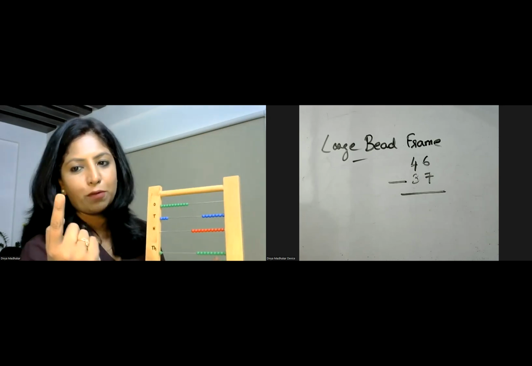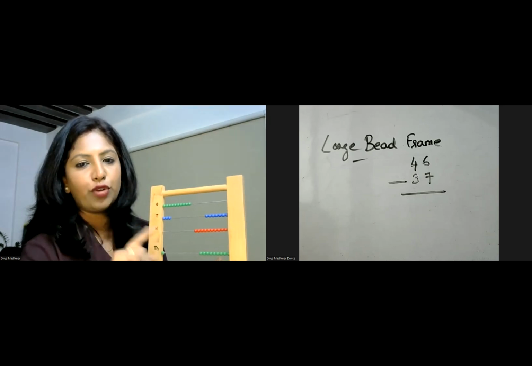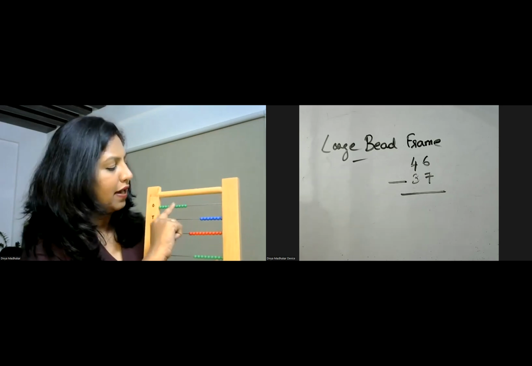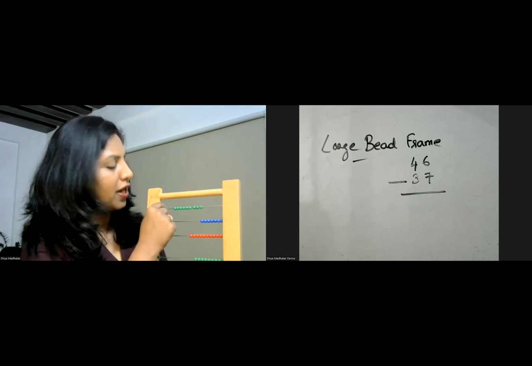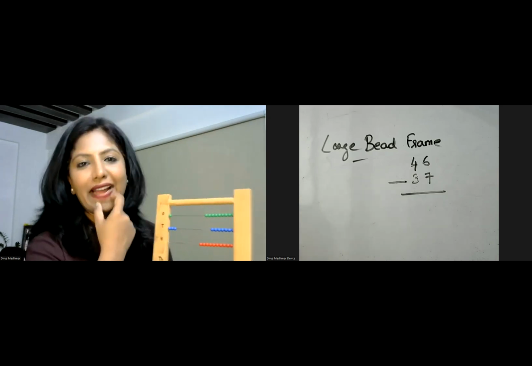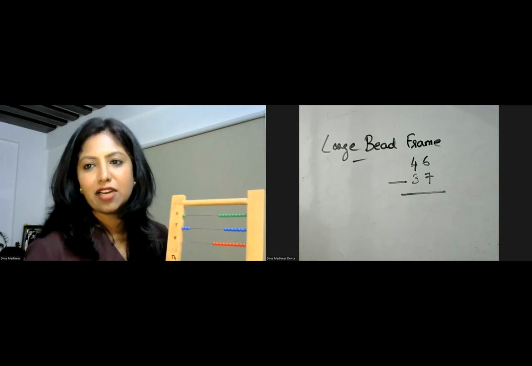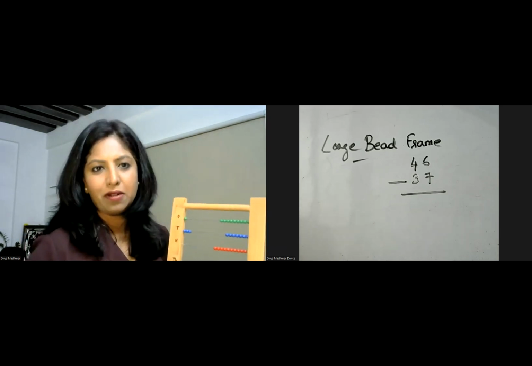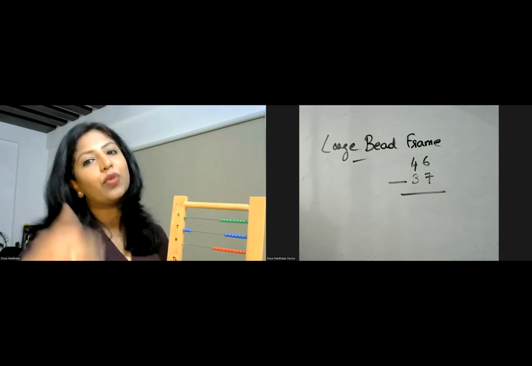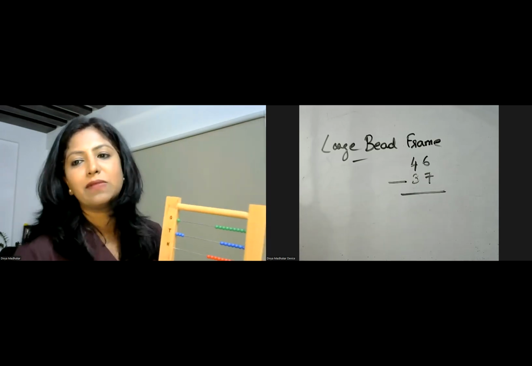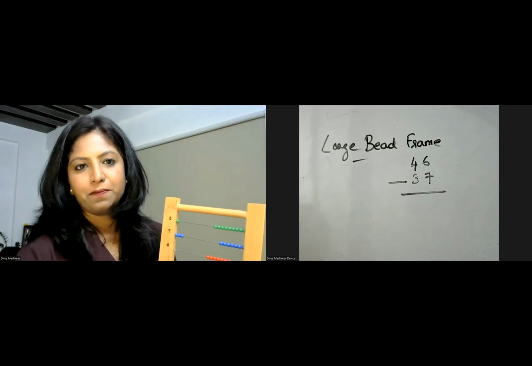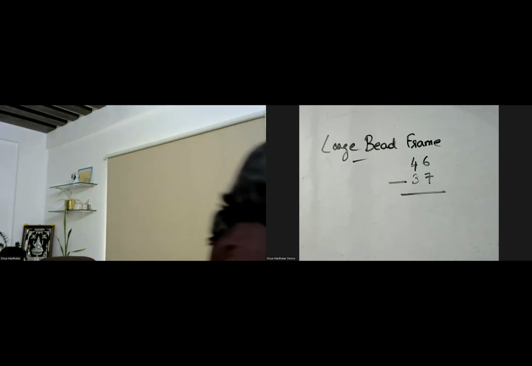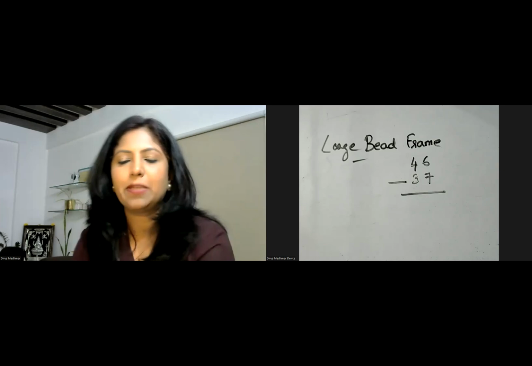So 10 is already pushed. So how much more you need to push back? So 1 I have to push back, right? So 1, 2, 3, 4, 5, 6, 7, 8, 9. Because 1 I borrowed, so this one will become your 9. You want writable instructions for this? How do we do it step by step? I'll be able to give you that. So once you read through that particular concept, it becomes easy for you to do a large bead or a short bead subtraction. Okay, so get ready for that. So that is your bead frame subtractions.